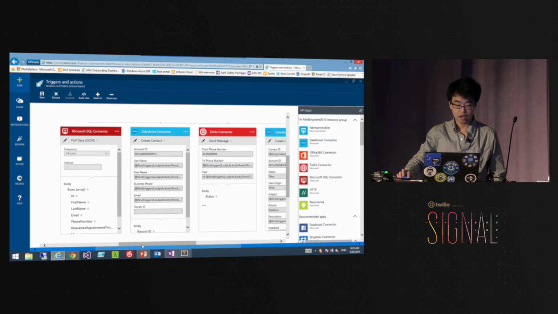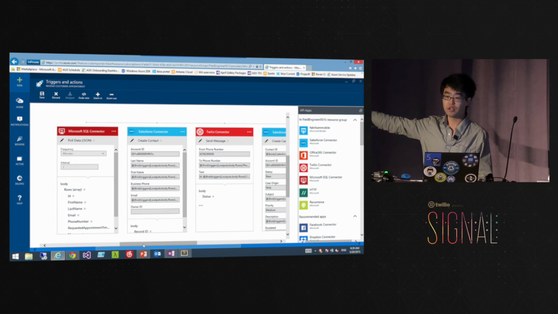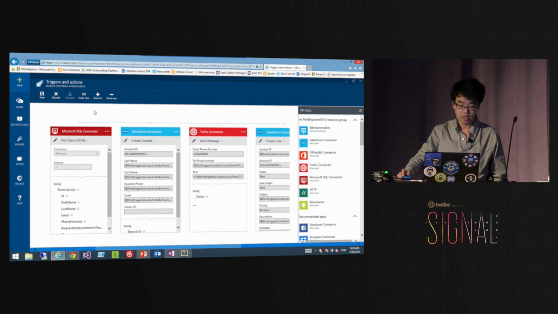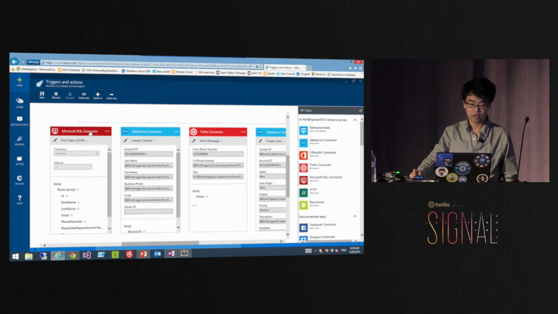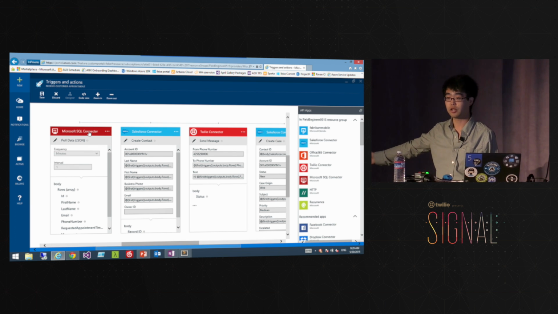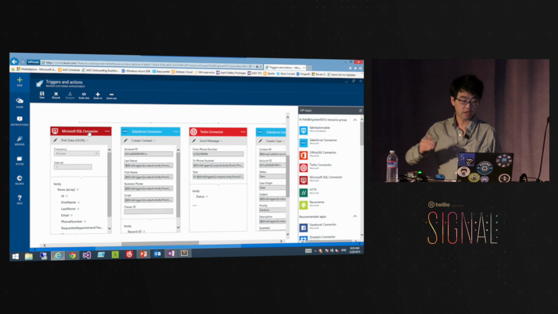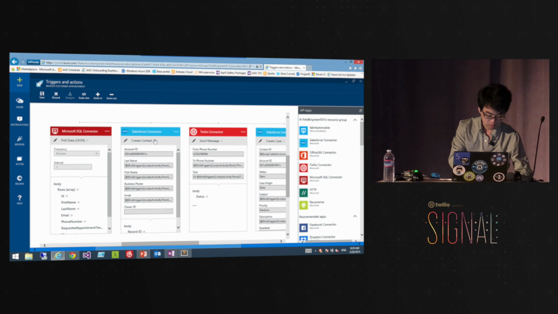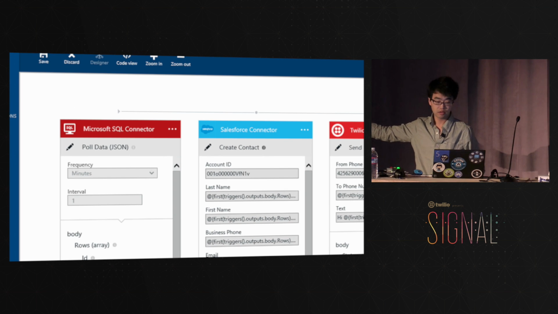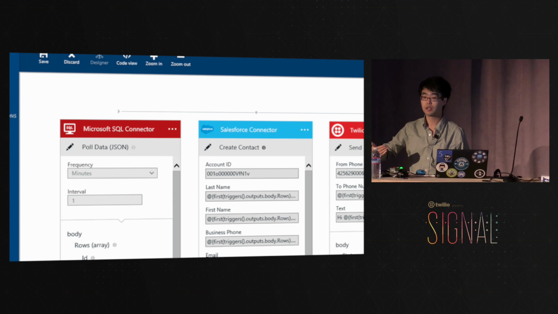So what happens in the logic app, and by the way, this is within the Azure portal today, is that I am adding a SQL connector to look at what's happening in my SQL database. It's running every minute. You can see here that it is recurringly running every minute, and I'm looking at a certain table to say, hey, if there is a new record coming,